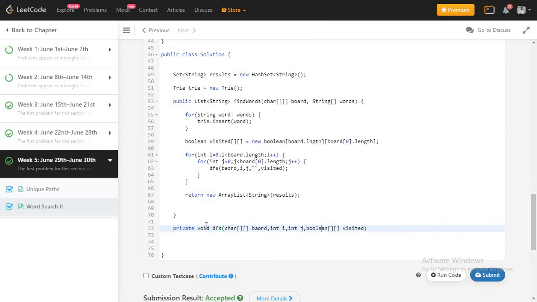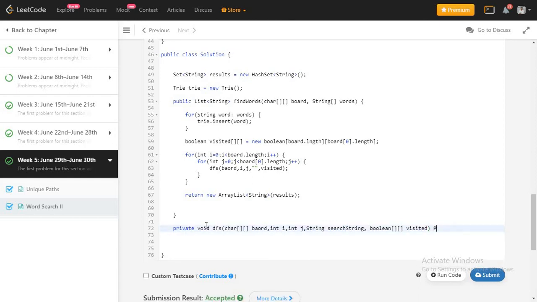And we need to pass the string that I need to search. I will name it searchString, right? So that's pretty much all the parameters we need.